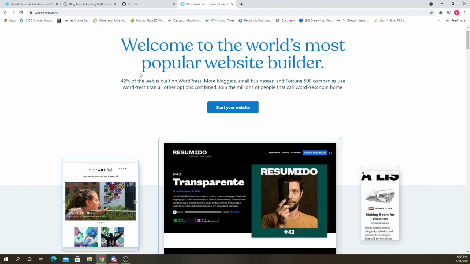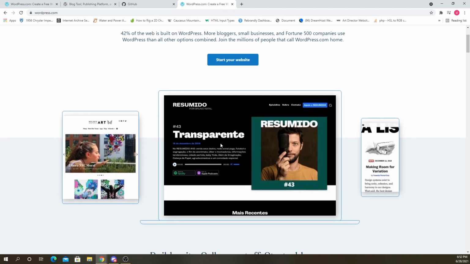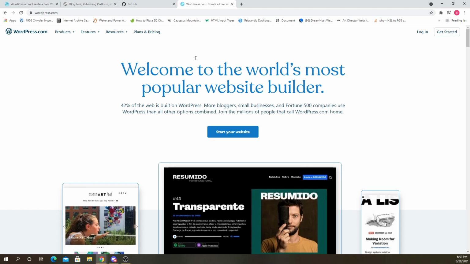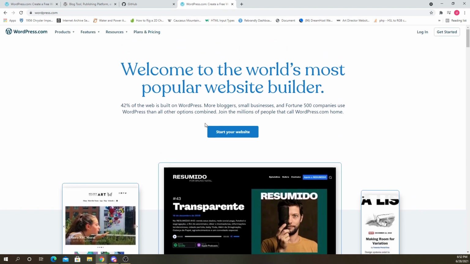And also because it's open source software, meaning it's free software that anyone can contribute to. So anyone can build their own templates and put them in the template store, for free or charge money for it. They could create plugins for it. So that's the point of open source.